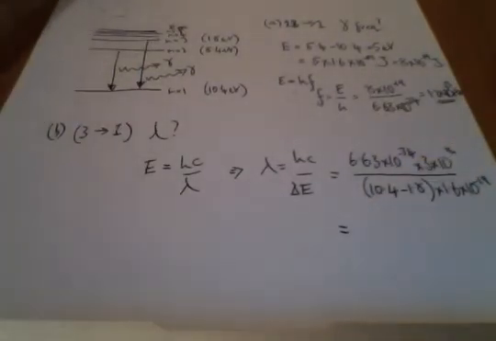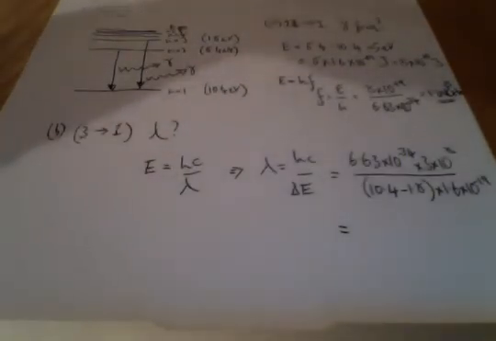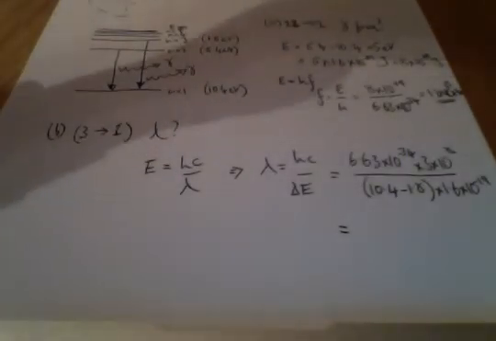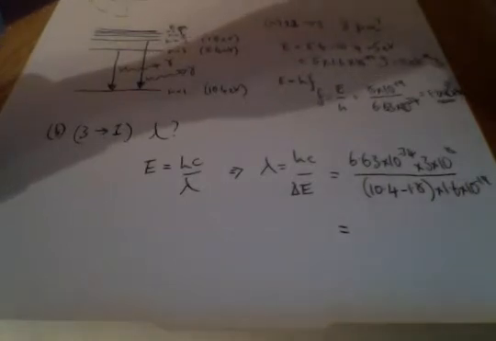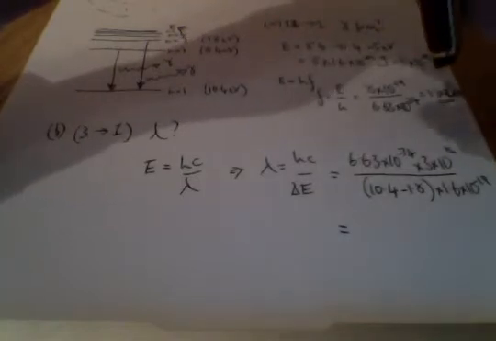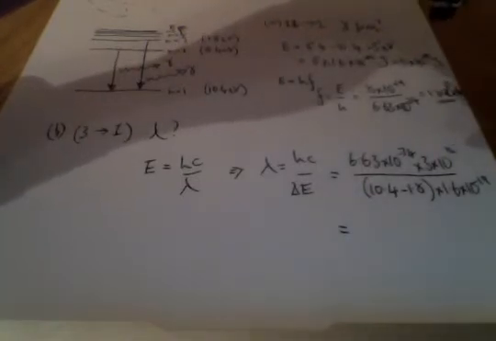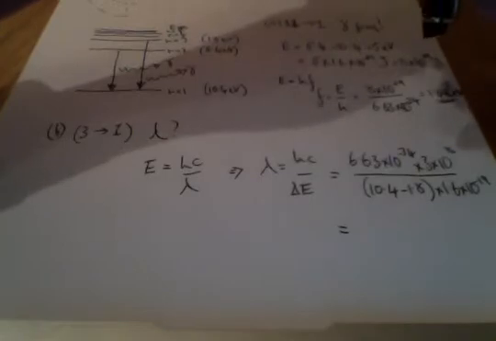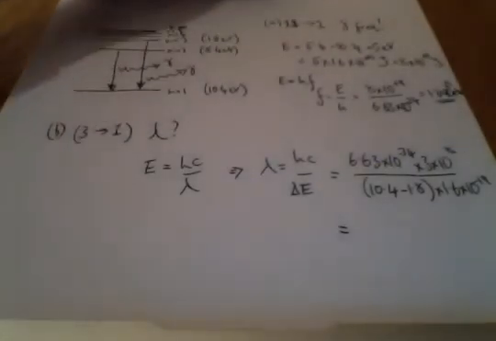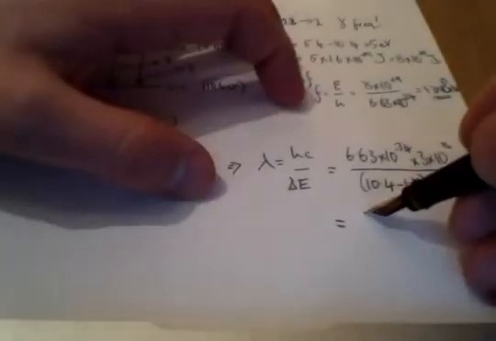Let me just tap it into the equation. I don't have that one off the top of my head. It's going to give us something like 6.63 x 10 to the minus 34, 3 times 10 to the 8, divided by... that was done very fast. Hopefully it's come out with the right answer of about